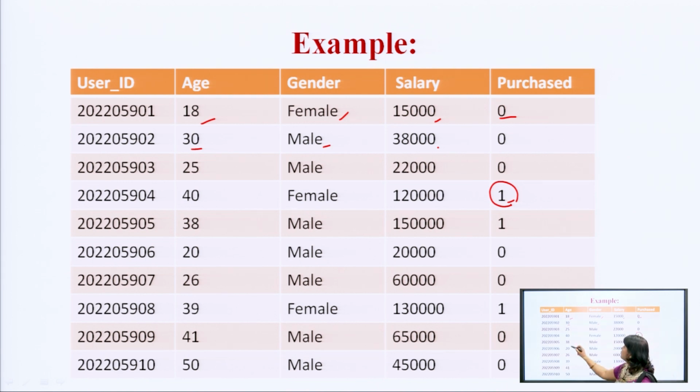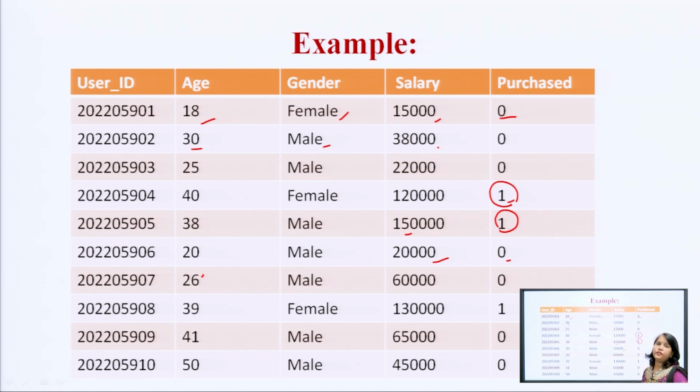The next data says that if the age is 38, male, and salary is above 1 lakh, then he is carrying a car. A person aged 20, male, with this salary, does not have a car. This is just a limited data set, but in practice you are provided thousands of records. So, you will analyze each one minutely: who will buy the car and who will not.